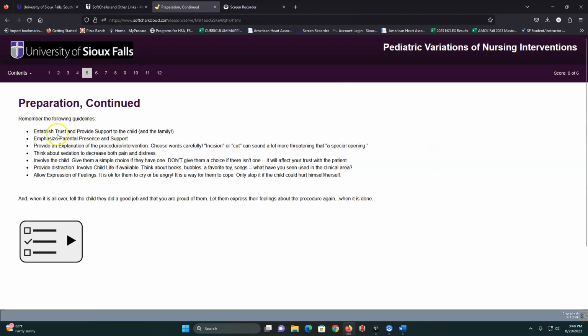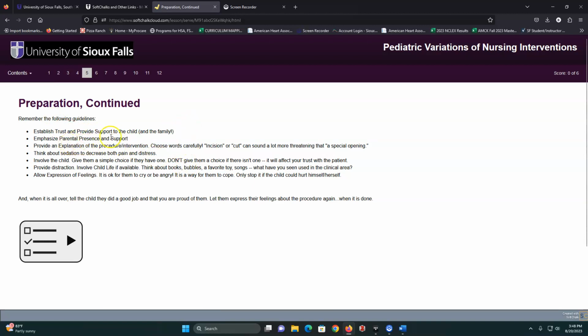So preparation. So really trying to establish trust with that child and that family member. Sometimes we try to not be the bad guy with our patients. So what I mean by that is, if you're caring for your patient and they've got an IV or a Foley or something like that, you might ask me to do that. That way you keep that trust between you and your patient, and you're not seen as a bad person, so to speak. And so we'll do that very frequently.